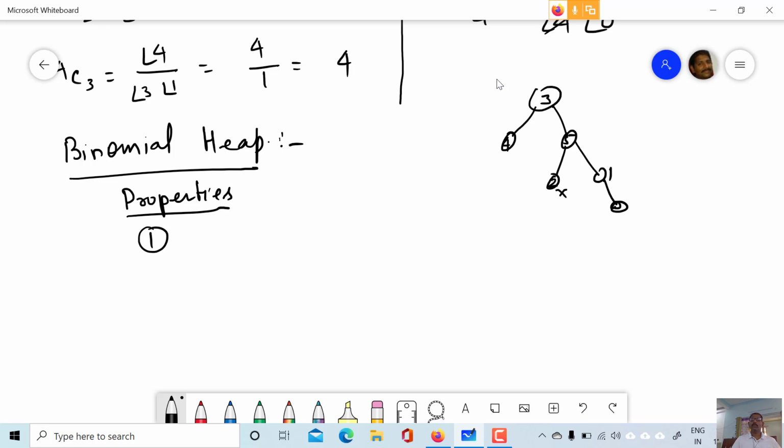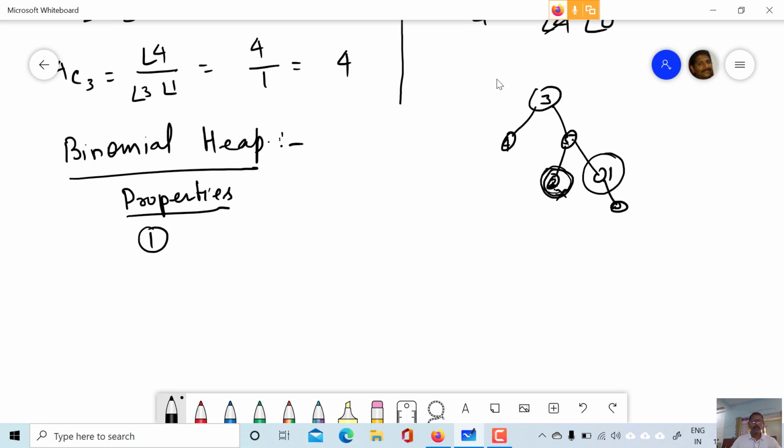So this is not possible, because the rule is saying that the key value of the child will be greater than the key value of its parent. In this case the key value of its parent is 5, therefore the value at this node should be greater than 5, not 2. So this value must be greater than or equal to 5, and likewise this value should also be greater than or equal to 5, because its parent key value is 5 only. At the lower level the key value will be either larger or equal to the key value of its parent.